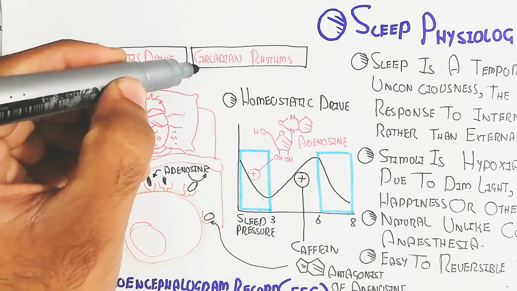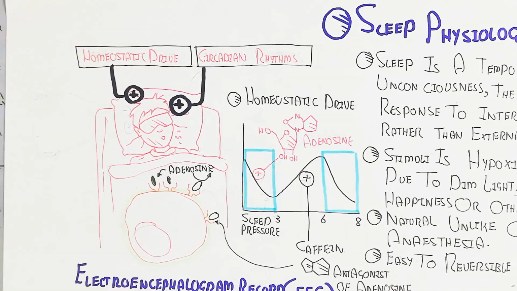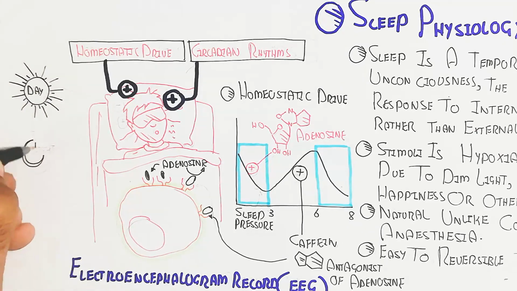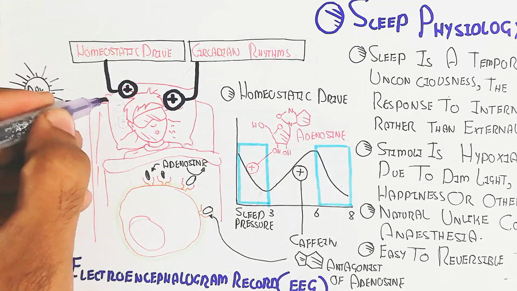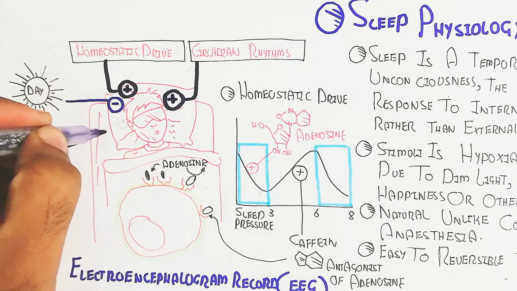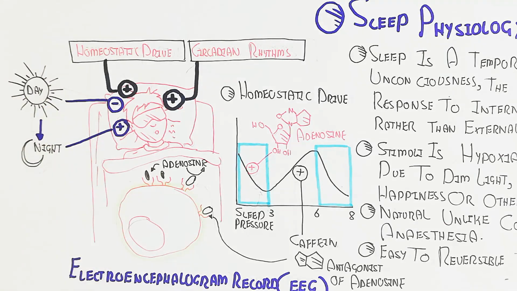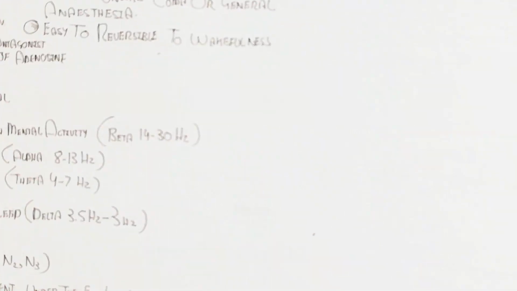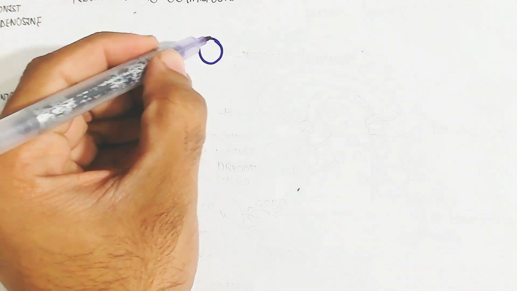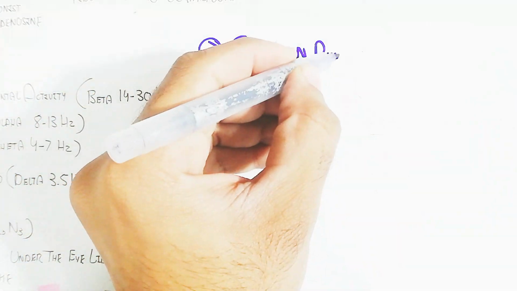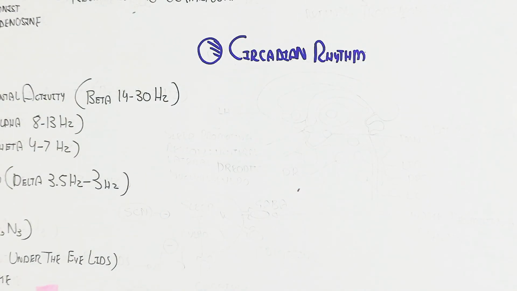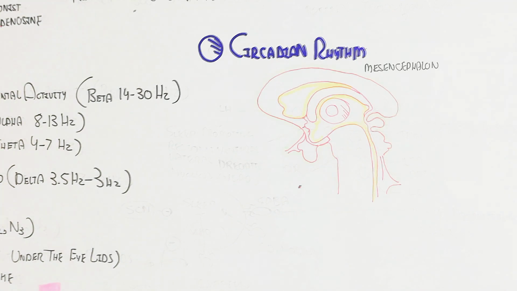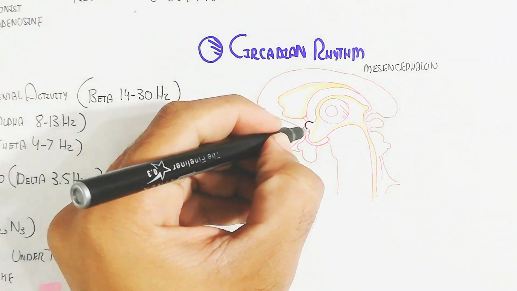And the circadian rhythm is another way. In this way, during the daytime there is inhibition of sleep, while at nighttime it can be stimulated due to melatonin production. We will understand this by the end of this video. So remember, some people can trigger melatonin during the daytime because they are active at night but inactive in the day. So they close their eyes, which decreases the light. In this way they can sleep. Circadian rhythm is another way. Let's begin to understand it in detail.